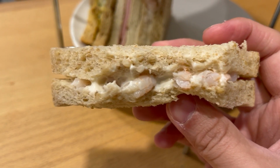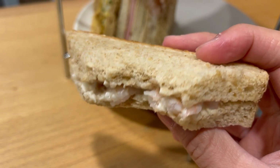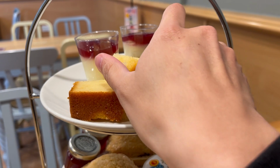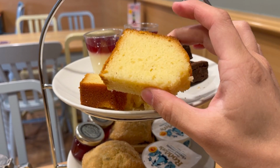Pretty good. The prawns are soft with a little bit of a salty flavour, and the mayo adds a creaminess to it, so another good sandwich. I think I'm ready for the sweet items now, and I'm going to start with the top layer and the